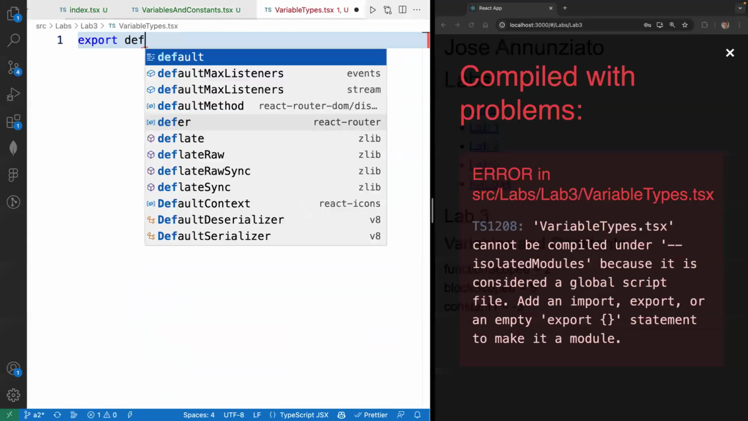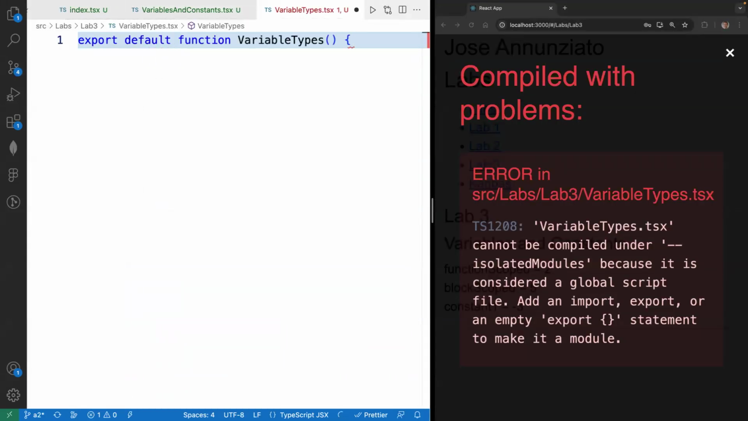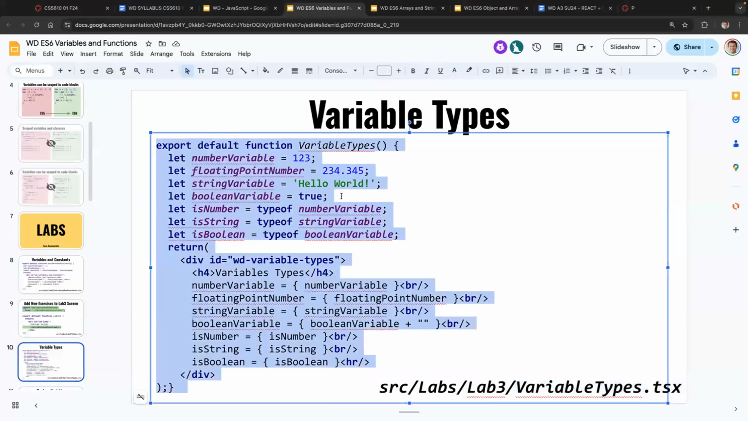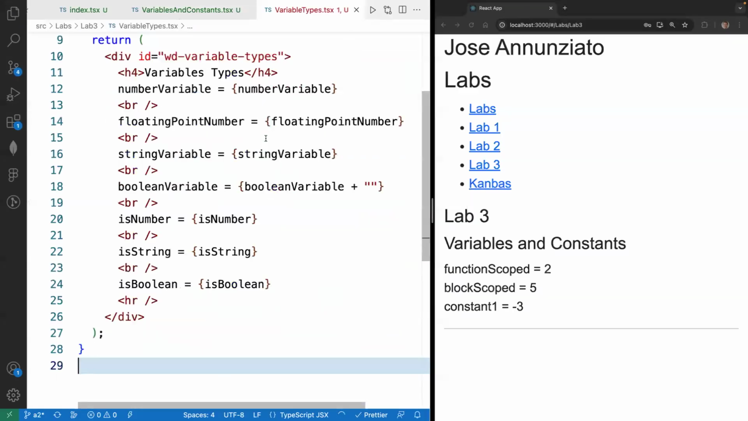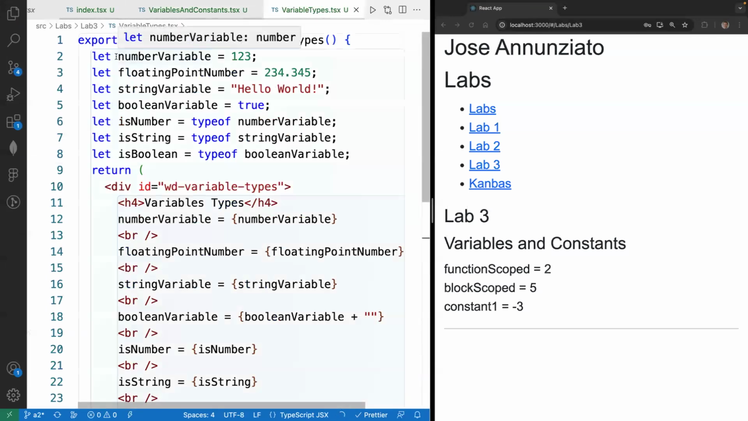So export default function variable type. Oh, actually, I have the code here. Let me copy that. So here we have a number, right? Floating point, string. Now, by default, JavaScript or TypeScript in this case, right, is